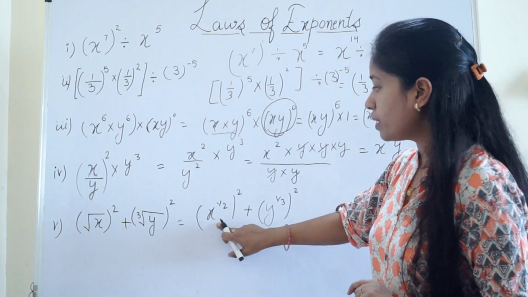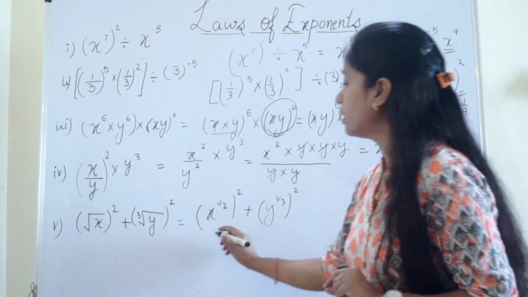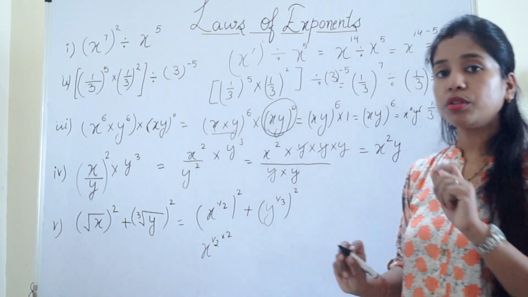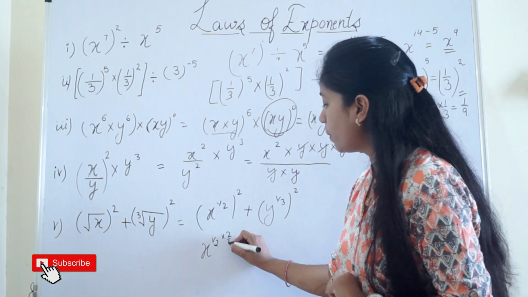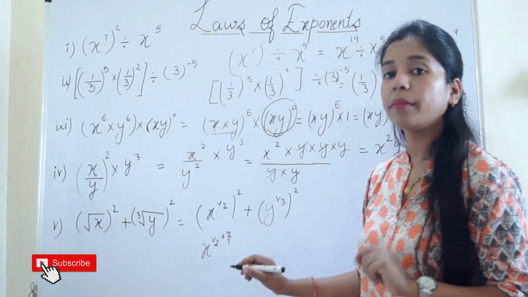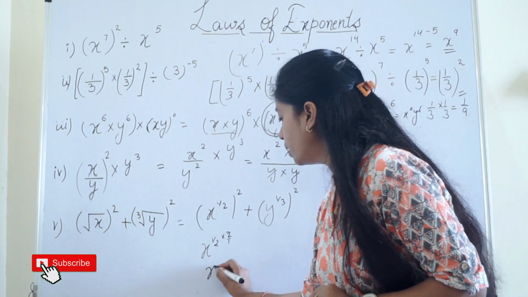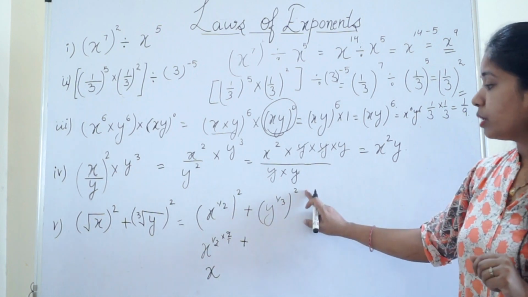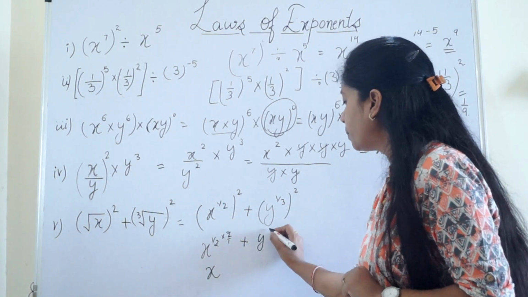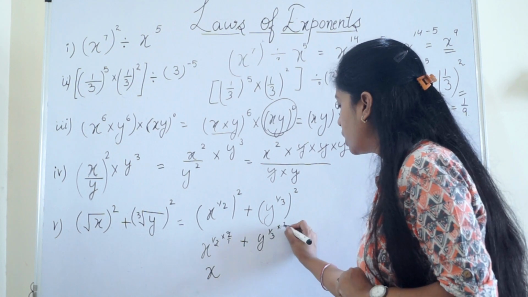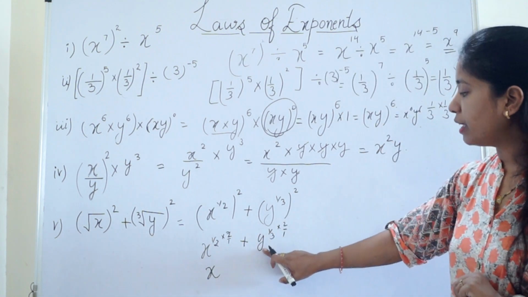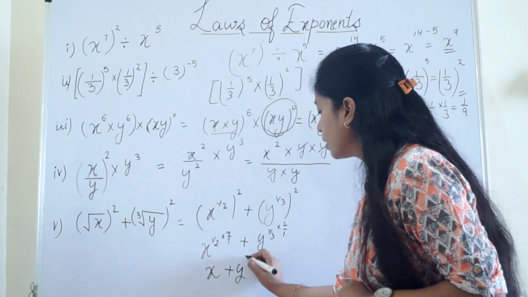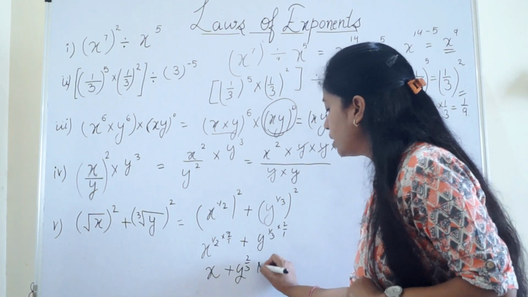Now this also means, with the first law, how can I write it? x to the power 1 by 2 multiplied by 2. Now 1 by 2 multiplied by 2, if I assume 1 as a denominator, these two will cancel out, so it will become x only. Here I am left with the x, and now here I am having y to the power 1 by 3 whole to the power 2. So what can I write here? y to the power 1 by 3 multiplied by 2. If I assume 1 here, I will get y to the power 2 upon 3. So here I am having y to the power 2 by 3, and here I got the answer.